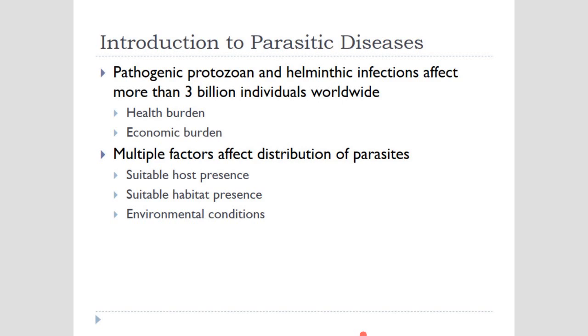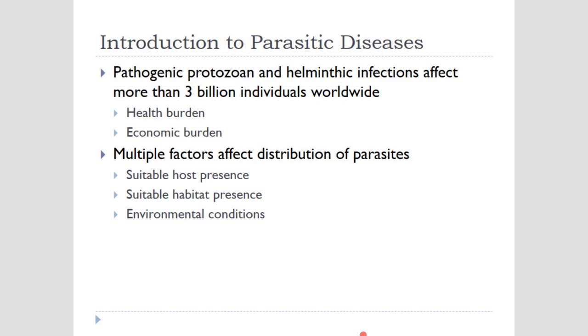Now, as far as incidence is concerned, you can see that the pathogenic protozoa actually affect about half the population of the world. Right? So it doesn't lessen its importance. It's important, but it's complicated. Even if you can imagine, I'm going to ask you to memorize a couple of life cycles, but once you do that, you'll figure out that it's tough, right? In terms of what is happening in treatment and so on and so forth.